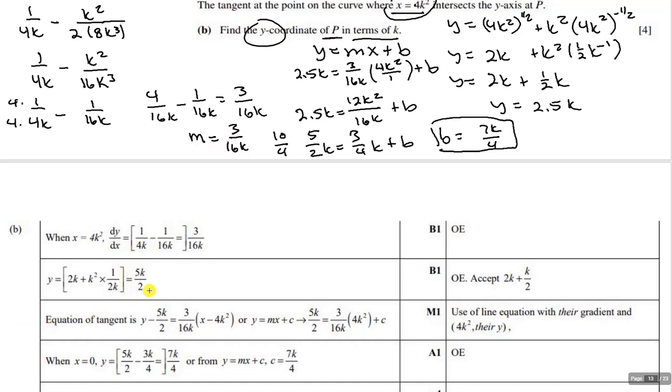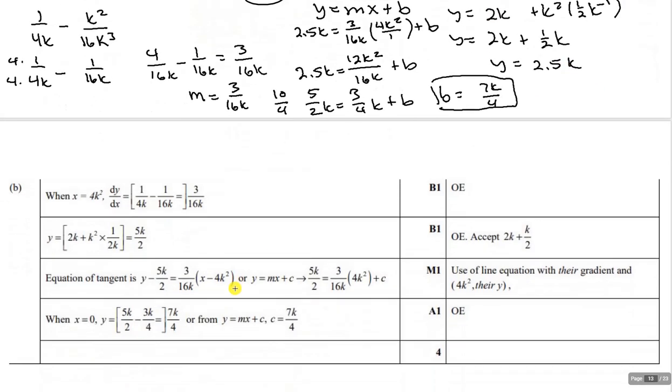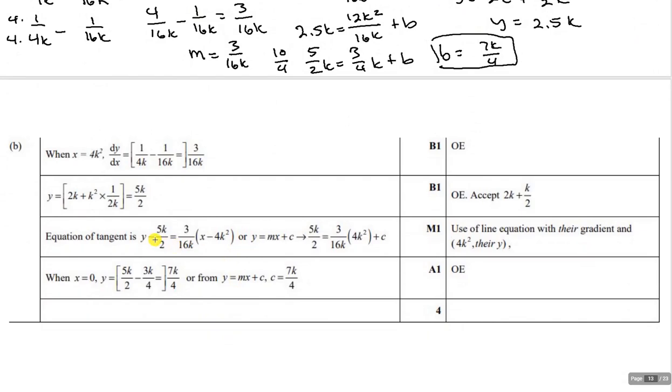This other 5k over 2. Let's see. That's 2.5k. So that's us finding out the y value when we know the x value is 4k squared. That gets you a point. And then find the tangent line